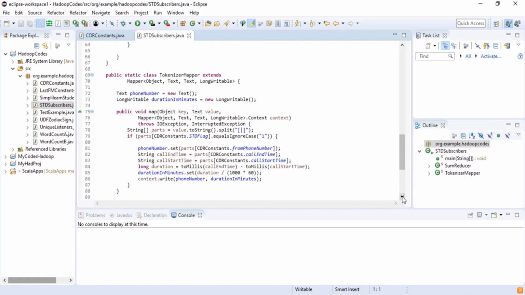Now what does my map task do? It basically works on the string which we have, and it breaks it into individual elements based on a delimiter. Once that is done, then we are also checking if that particular string which we are looking for has an STD flag,